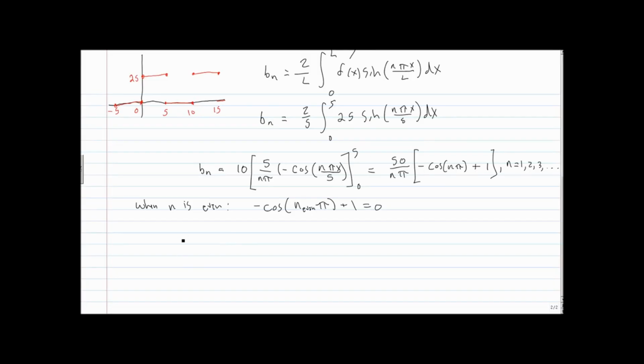But when n is odd, the absolute value of cos of an odd number times pi equals 1. So this equals 50 over